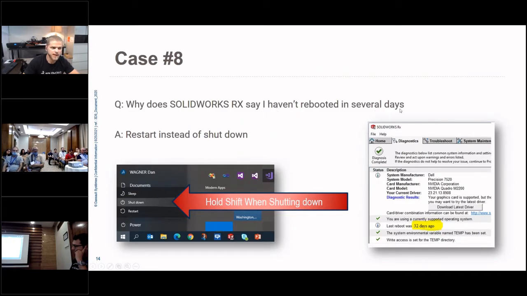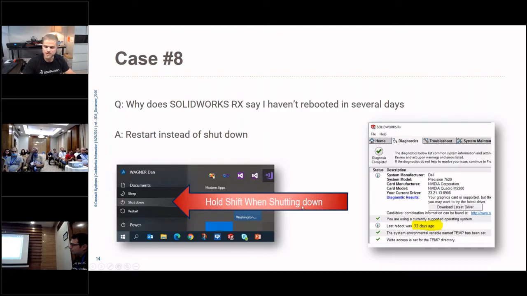So the question is, why does RX say I haven't rebooted in several days? Even if you are rebooting, even if you are actually hitting shutdown, you might not actually be shutting down your machine. There's a setting in Windows called Quick Boot, so even if you hit shut down, it doesn't actually shut down your machine.